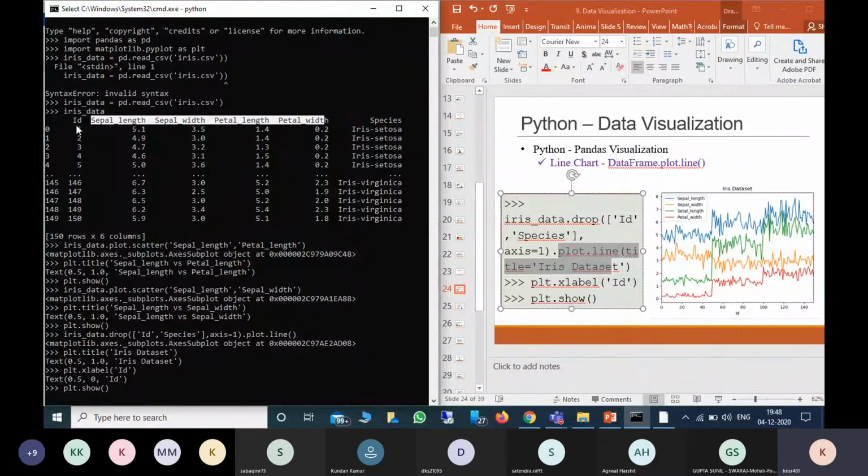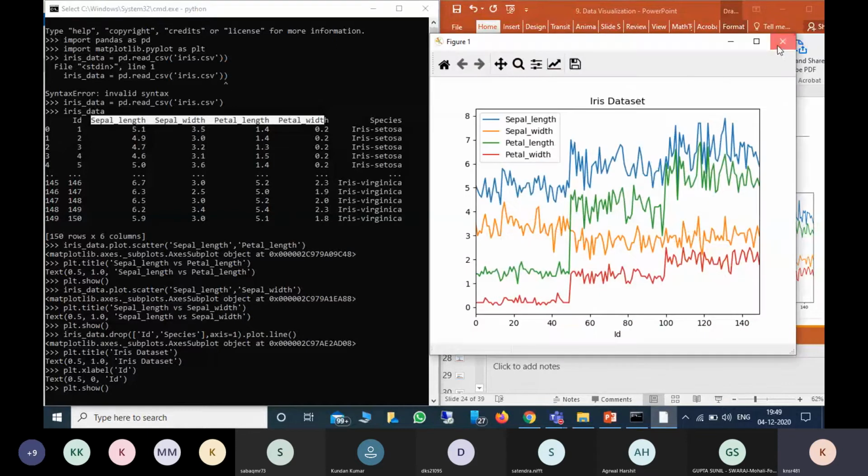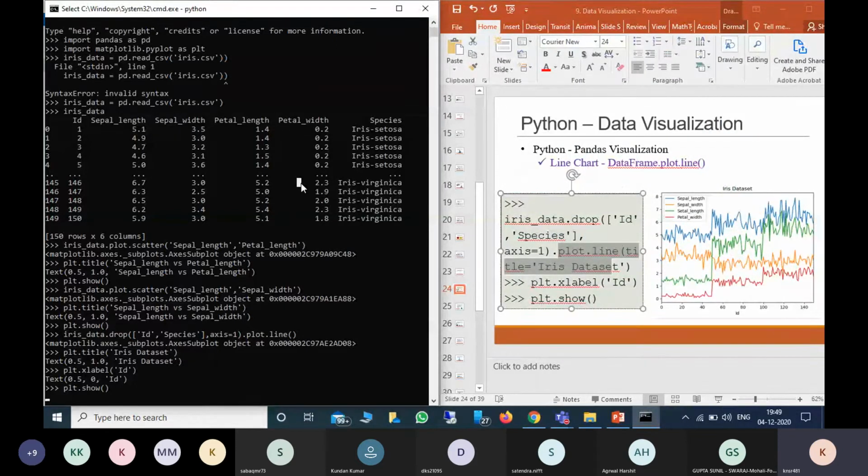Or you can do one more thing. You can consider the iris data sepal length, sepal width, petal length and petal width, then you can apply the line plot. So that way also you can try. So instead of dropping, sepal length.